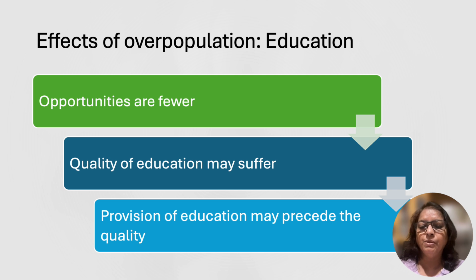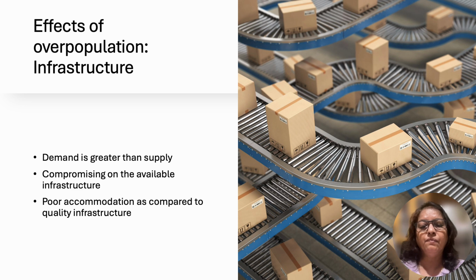Now, effects of overpopulation, one more is on education. See, there will be schools, colleges, etc. When there are too many people in requirement of these, the seats will be given to those who are there. Sometimes quality of education may suffer when the intake of a particular college is restricted and there are more people wanting to take admission. Then the college may extend their intake, causing the quality of education to suffer. Providing the education may precede the quality of education, because we are providing for more people, and that may be the aim.